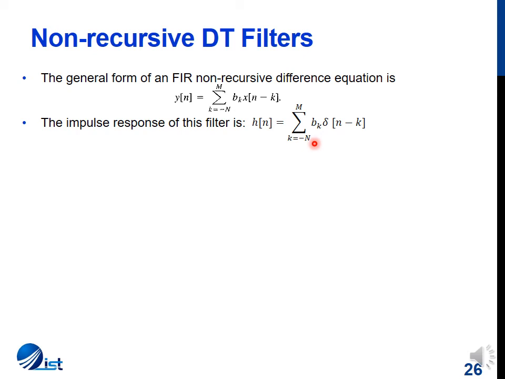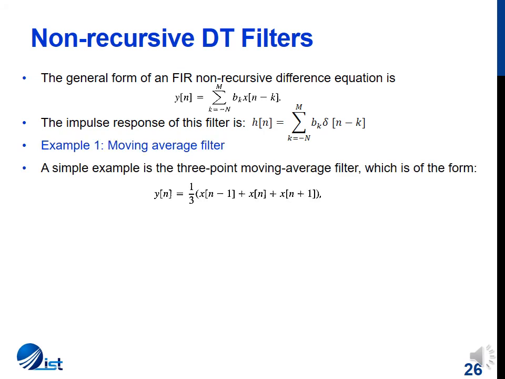If we determine whether such a system is stable or not, we know that one of the conditions for stability states that h of n must converge. Since the value of h of n will always converge for a finite sum, FIR filters or non-recursive filters are always stable. So the first example of such a filter is a moving average filter. It is one of the most basic examples of a FIR filter,